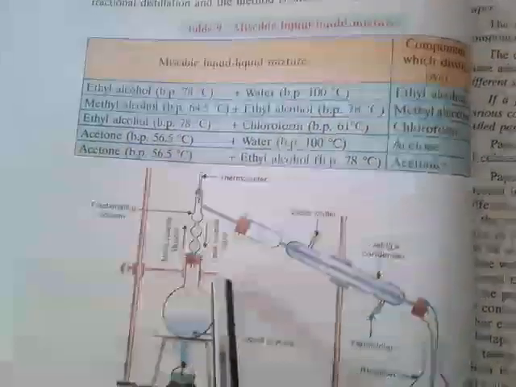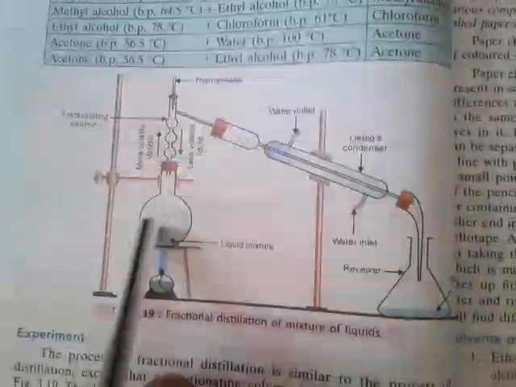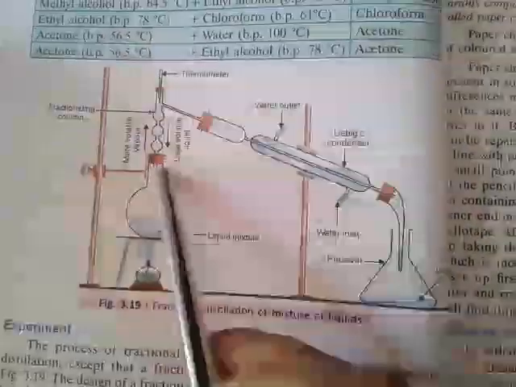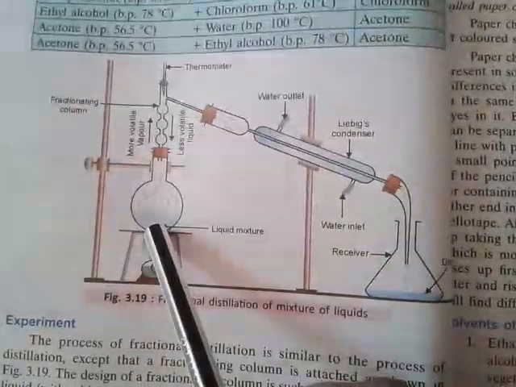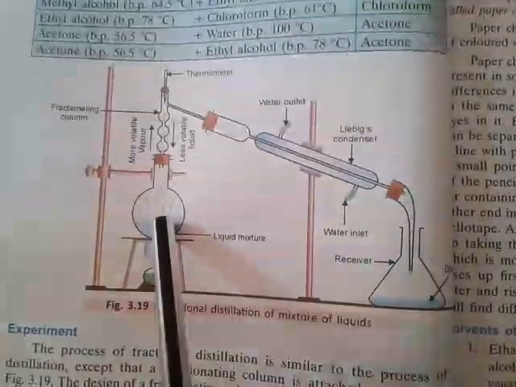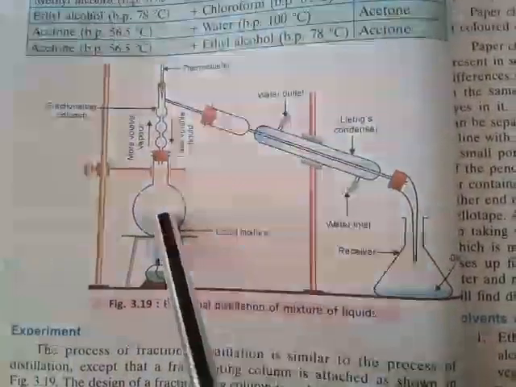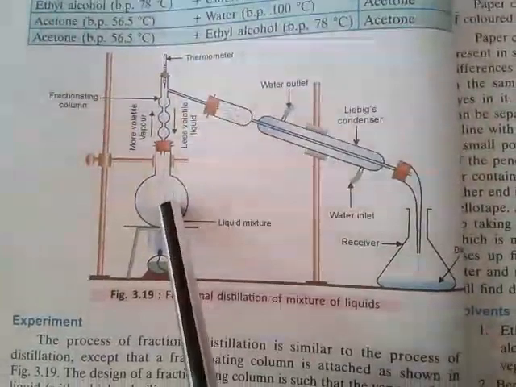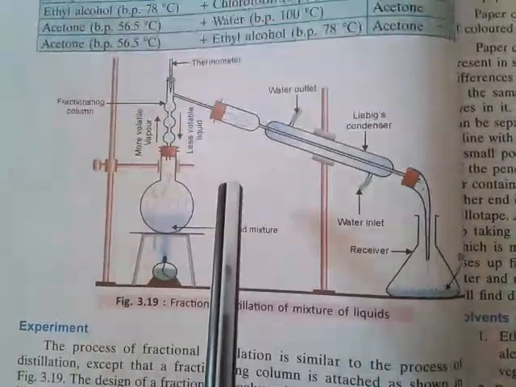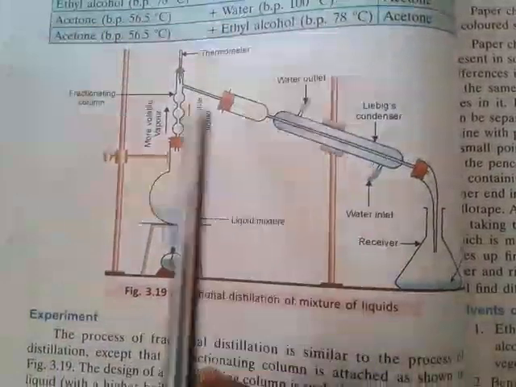So how does this process work? It is simple. The two liquids are a miscible, homogeneous mixture, because water and alcohol mix together very well, and the whole mixture is poured into this round bottom flask. Now just heat it gently, because high heat is not required. If you give high heat, the whole solution will evaporate. So don't do that; heat it gently.